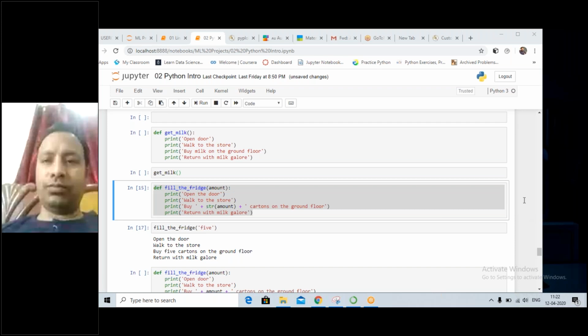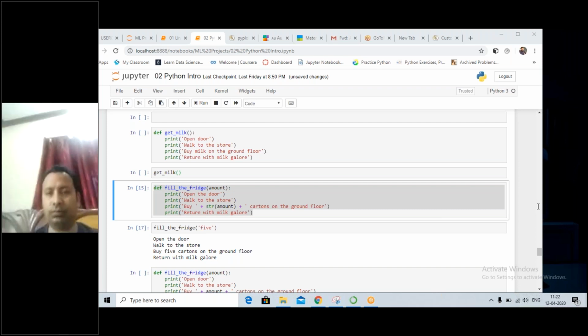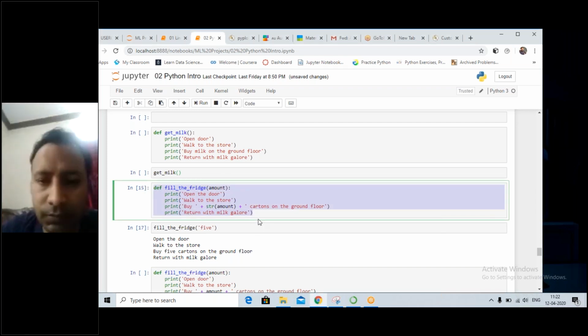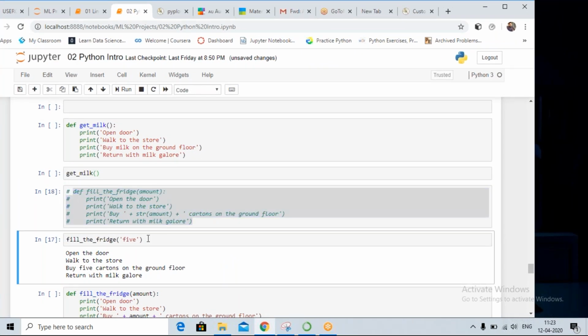That means that you haven't defined the function first of all. You need to define the function fill the fridge first. The way I did it, I defined this function and ran this cell first. If I go back, comment this out, and run this code,